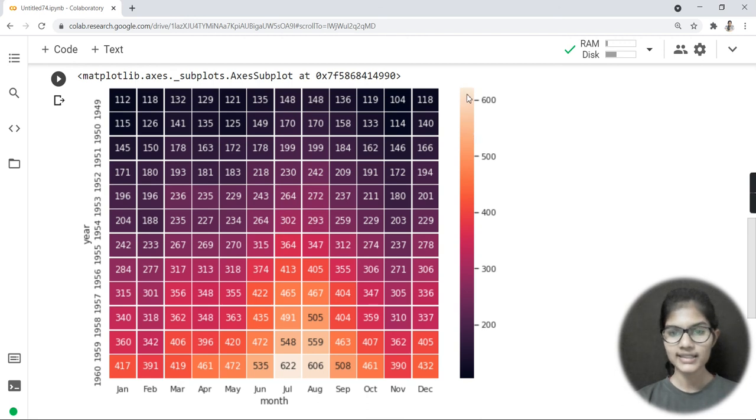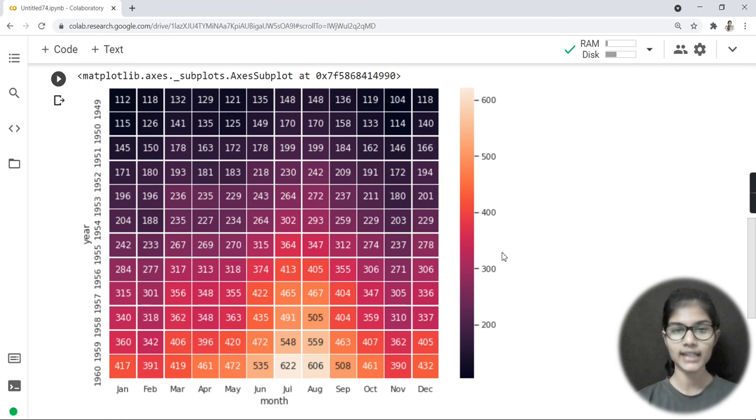And wherever you see this light orange, very light orange, let's say it is a peach color, fine, there you can say that the passengers are greater than 600. Same for the 500. Whenever you see some pinkish color, at that time you can say that the number of passengers is between 300 and 400, between this interval, right? So this is basically how you can study this heatmap. This is how you can see how many passengers you have in your plot, right?